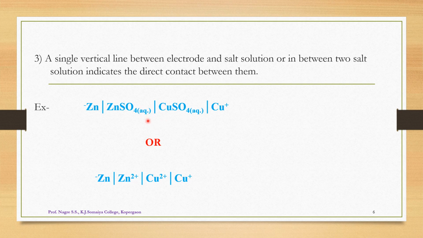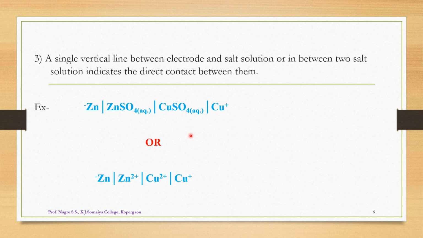Again, a vertical line is used in order to show a direct contact between the two different salt solutions. Here, one is the aqueous solution of zinc sulfate and the second is the aqueous solution of copper sulfate. So, to show this direct contact, we have to use a vertical line here. And the next vertical line is used for showing the direct contact between this copper electrode and